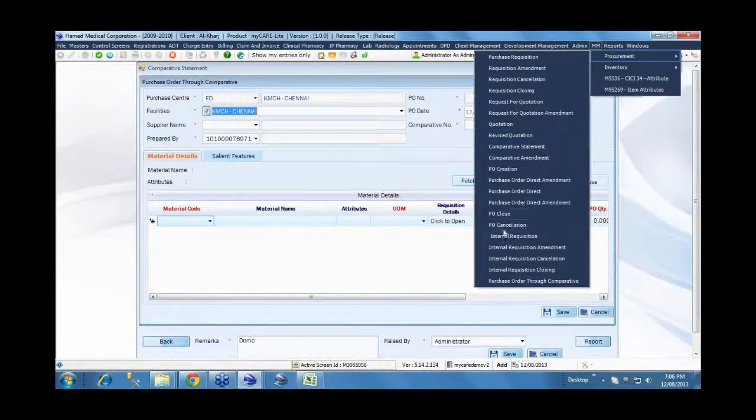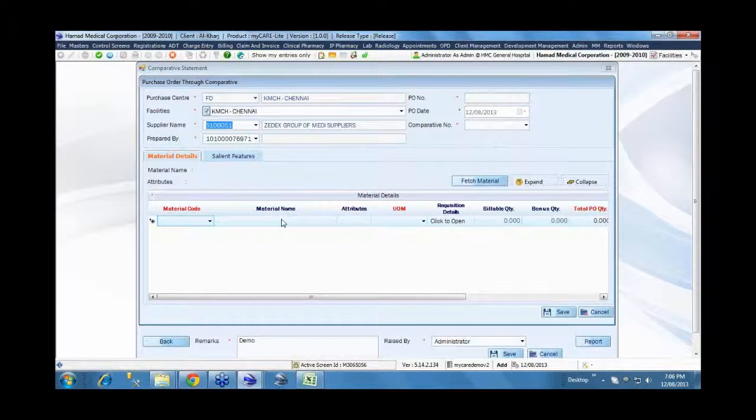In places wherein you don't want all of this, and instead want to just start from the purchase order provision alone, or for some of the items, you can define that any item for which the value is less than, say, 500 or 1000 can be a direct purchase order. Anything beyond 1000 requires 3 quotations before deciding on a particular supplier. So this again can be a policy. Based on that policy, whatever is defined in the system can allow or restrict for which items you can place the purchase order directly.